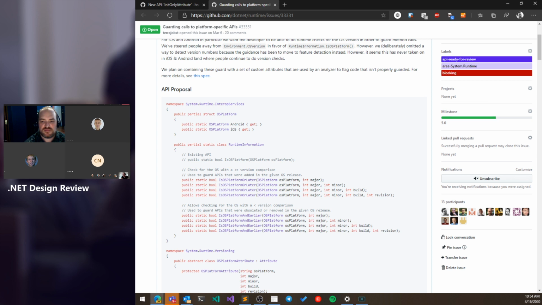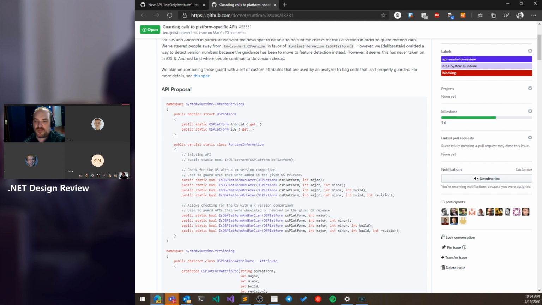So the idea for building for iOS and Android is, generally speaking, that you compile against the latest version of the SDK that you have available to you at the time you're building your application. And then you may decide that you want to run on older versions of iOS, in which case you add a setting to your project file that says, I want to run all the way down to, let's say, iOS 10. But the SDK that you have is for iOS 12, in which case every API that was introduced in 11 or later will be flagged by the analyzer and say, this API might not be available to you, so